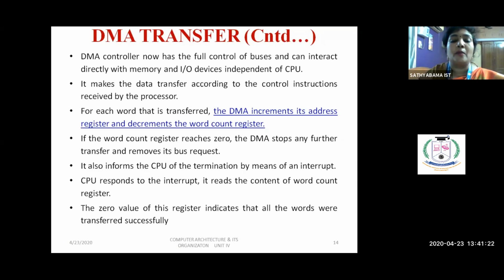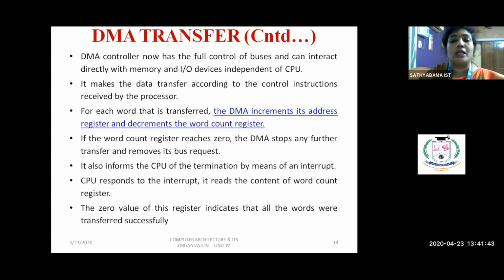After transmitting one data, the DMA increments the address register. So one data is taken or stored means it has to go to the next address. For that, DMA increments the address register. Here one word has been transferred, so the count register is decremented.